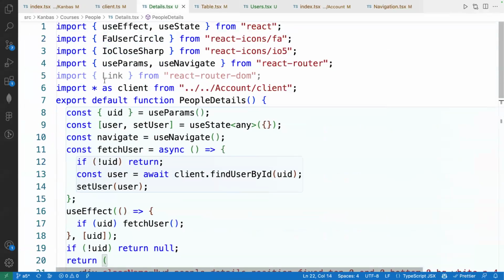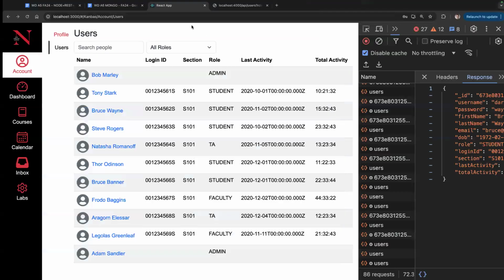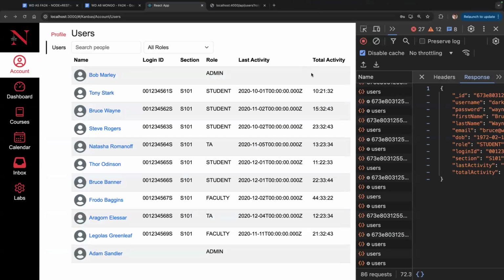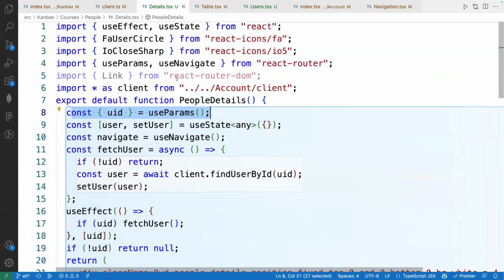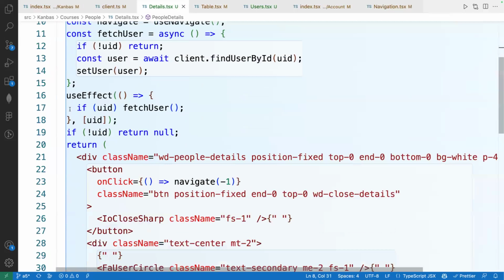It checks to see if you have an ID from the params. Like over here, there's no ID, it's not shown. But whenever there's an ID, notice that it displays it. Very, very easy. So we're parsing the UID from the params, right? Now, if we have an ID, right, we go and fetch the user by their ID. But notice that if there is no ID, we return null, meaning this component does not render anything unless you